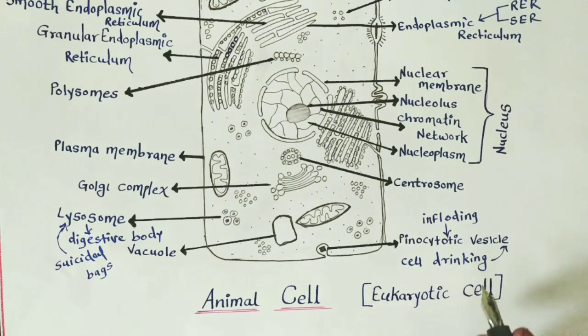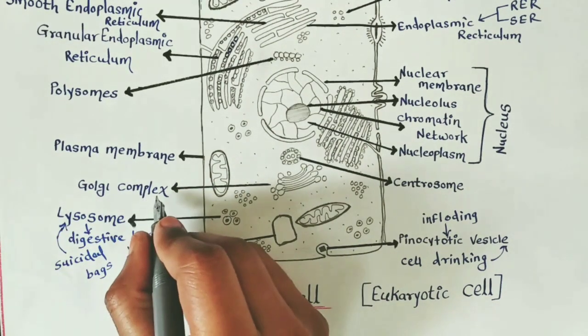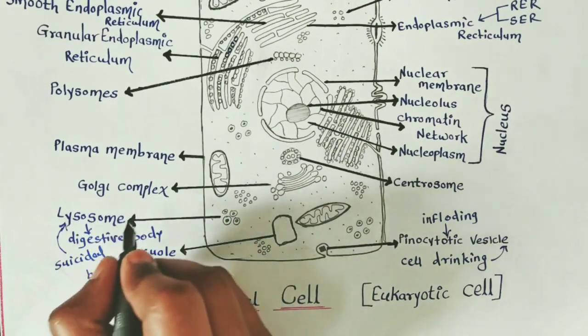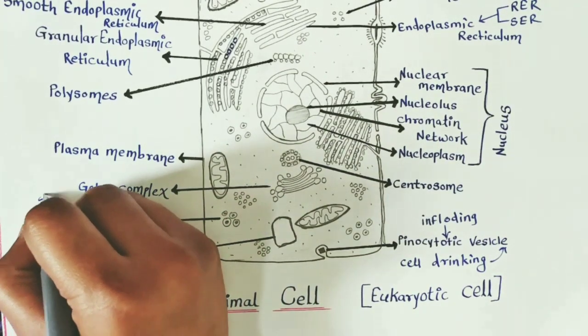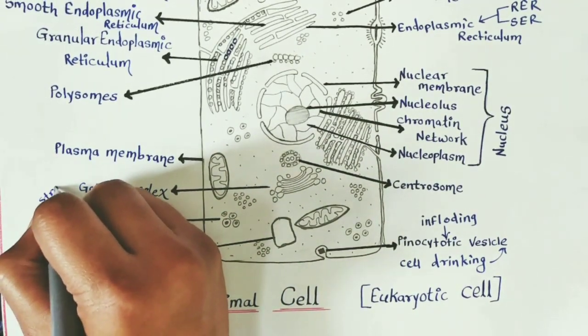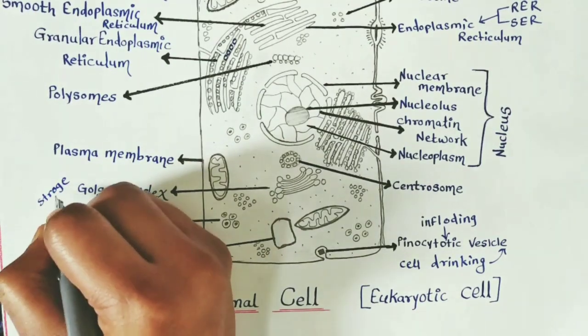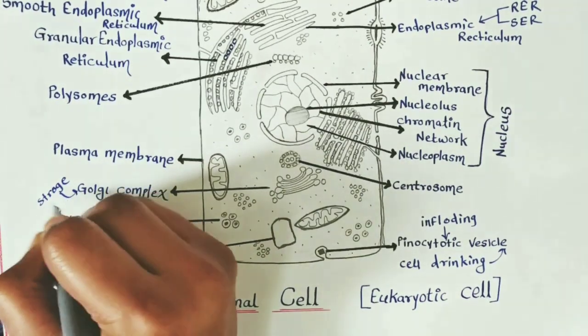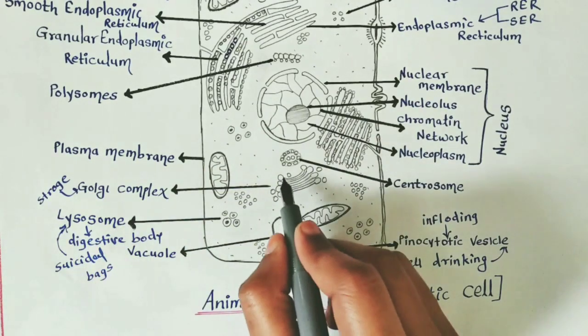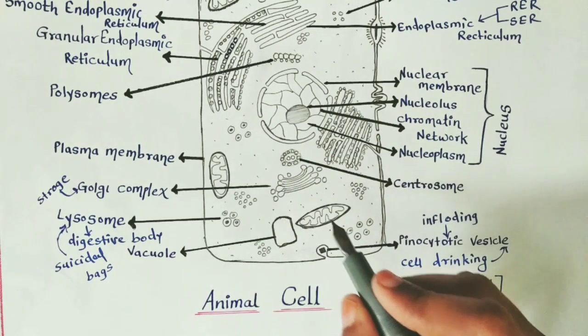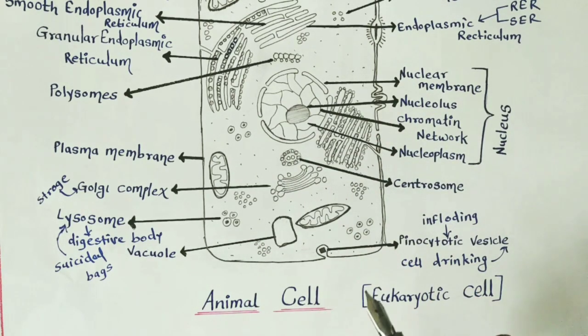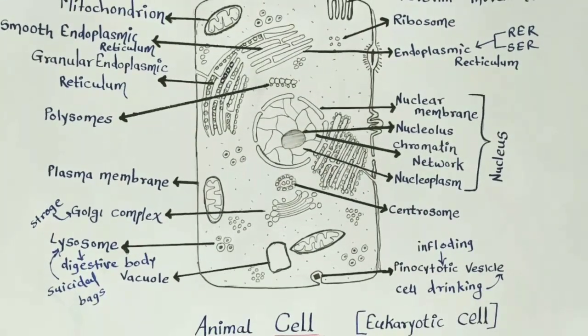The Golgi bodies are the next point. The Golgi complex is also called the Golgi apparatus. It synthesizes complex carbohydrates from simple sugars, and also stores proteins, carbohydrates, and lipids. The Golgi apparatus is concerned with secretion of glycoproteins and glycolipids, and it also releases vesicles and transports the vesicles.